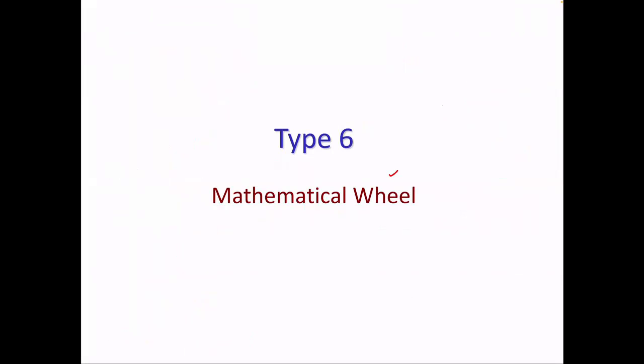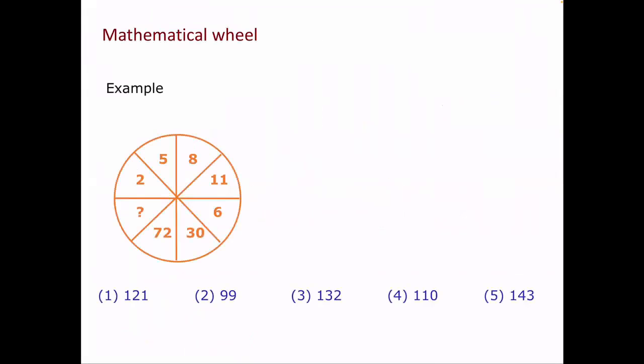It is called a mathematical wheel. Okay, so this time also there will be numbers that will be given to you, but this time they are in a mathematical wheel. You have to crack the pattern by which the numbers are placed in this wheel. Okay, so try cracking the pattern here and tell me what will come here at the place of X. Okay, start thinking. There is some pattern by which numbers are placed here. Okay, you have to crack that pattern.